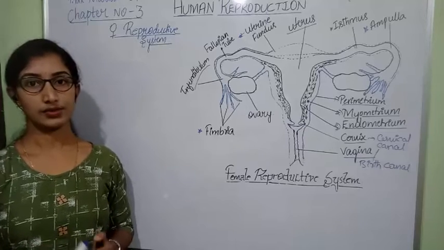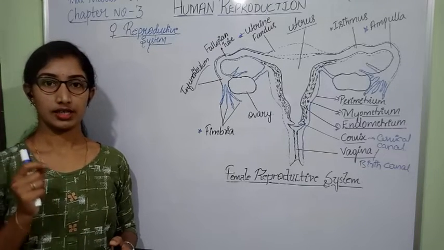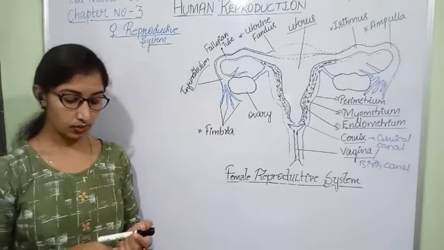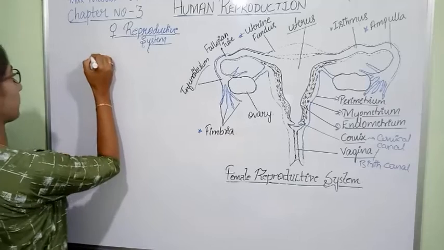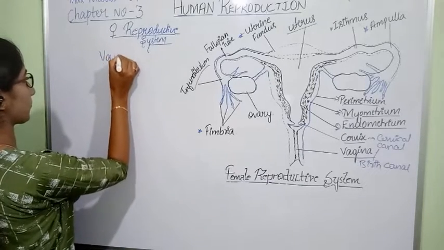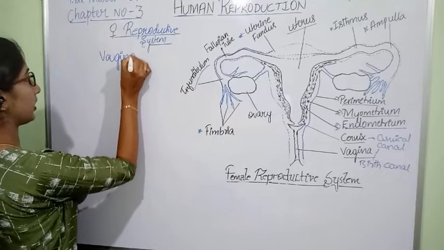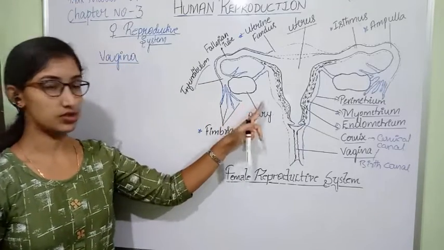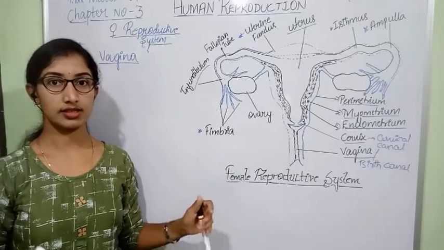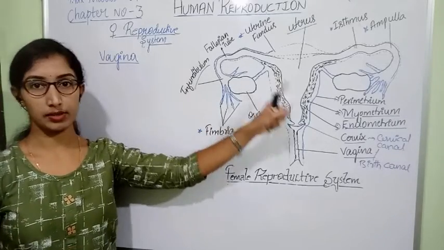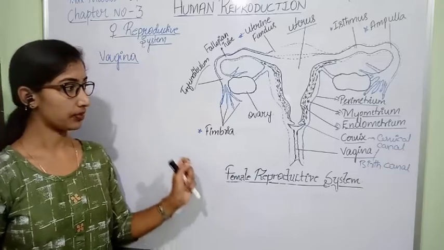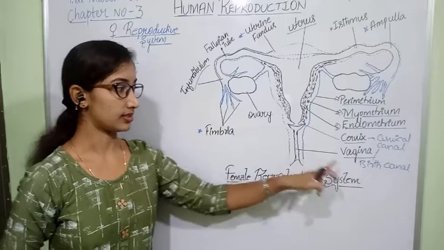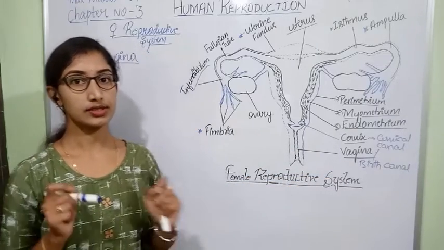In this part, we are going to discuss the last part of the female reproductive system, that is the vagina. In the previous class, we had discussed the structure and the organs that are involved in the female reproductive system. Now we are at the end part of the female reproductive system, that's nothing but the vagina, which is also commonly